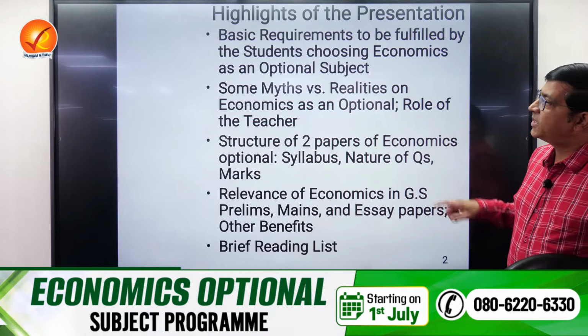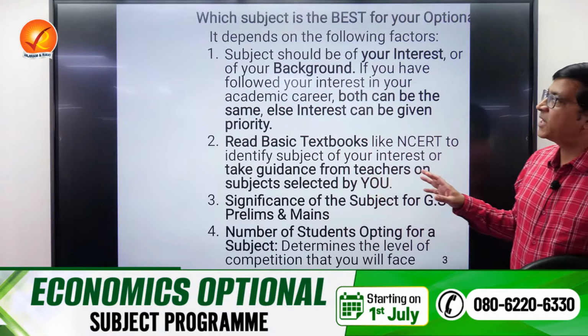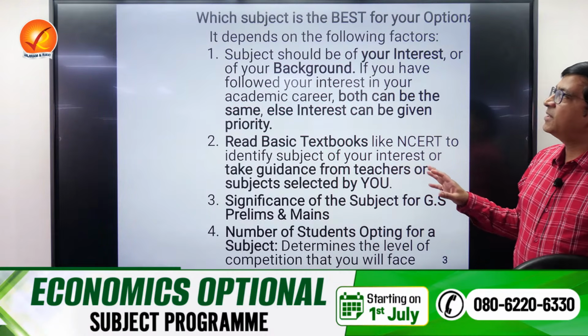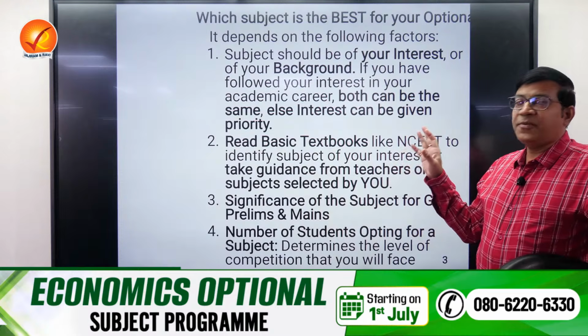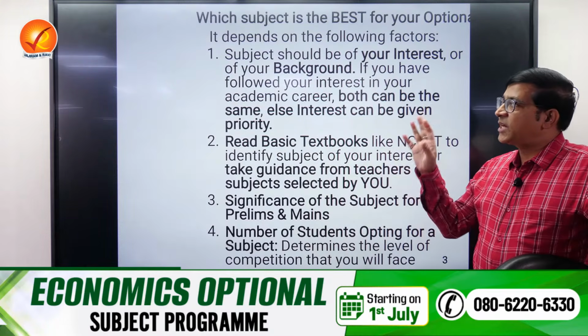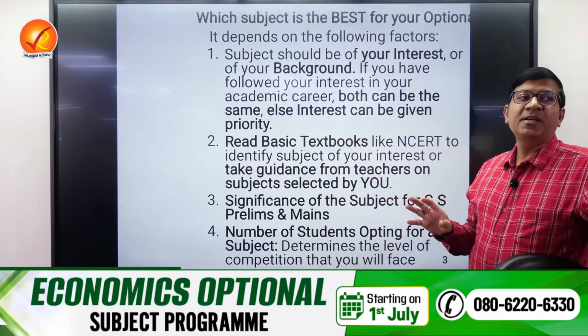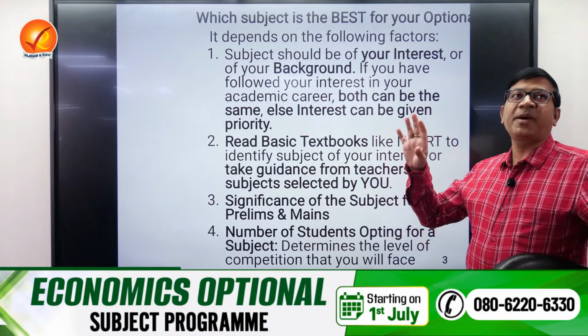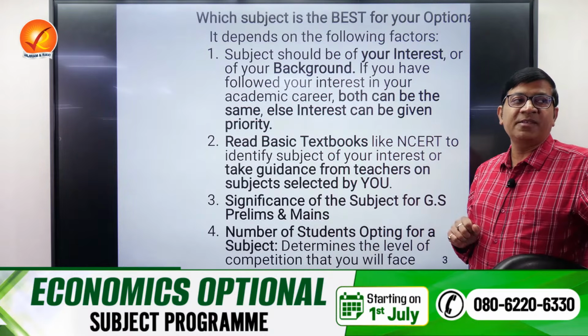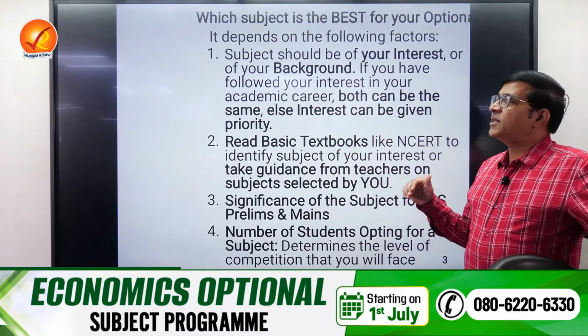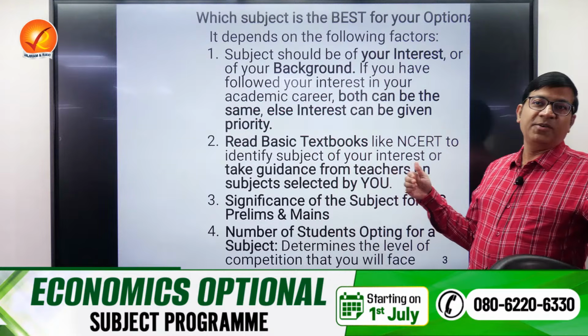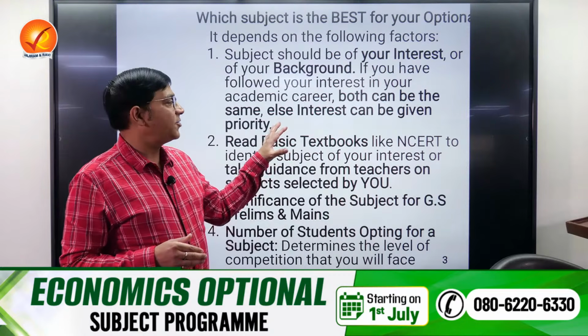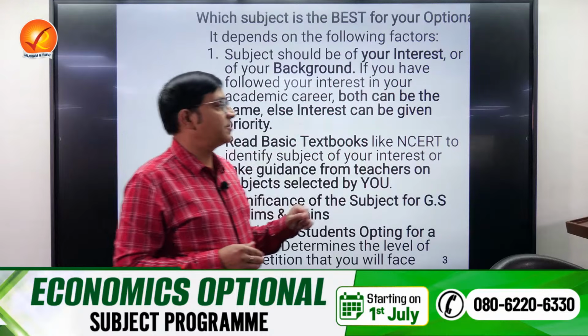So starting with the basic requirements. The first and most important thing is that if you are choosing an optional, better to choose that subject which is your background. So clearly that is the link, that if you have an economics background, definitely you should be very seriously choosing it. Also, that is not a sufficient criterion. For those who know the language of mathematics and economics, it's kind of a necessary and sufficient criterion. Sufficient criterion again is that you should have interest in that particular subject.